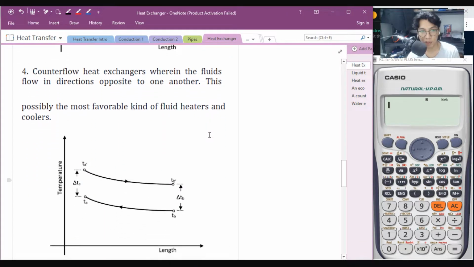So, number 4, counterflow heat exchanger. Ibig sabihin, magkaiba ng flow. From one side to the other, from the hot side to the cold, yung isa naman from cold side to the hot side. Okay? Cross flow sila. So, possibly the most favorable kind of fluid heaters and coolers. Okay? Yun yung counterflow or cross flow. So, this is the T-min, T-max. Titignan mo muna yung kanilang